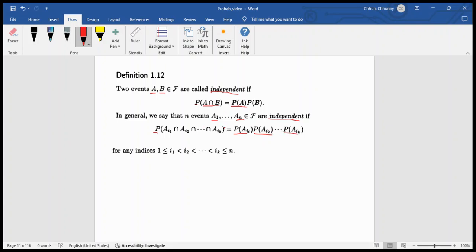We change the notation A1 until AN to I1, I2 until IK. In this case, the index I1, I2 until IK is between 1 and less than or equal to n. It can be less than n or it can be equal to n. So this is the extension of the first one. So now